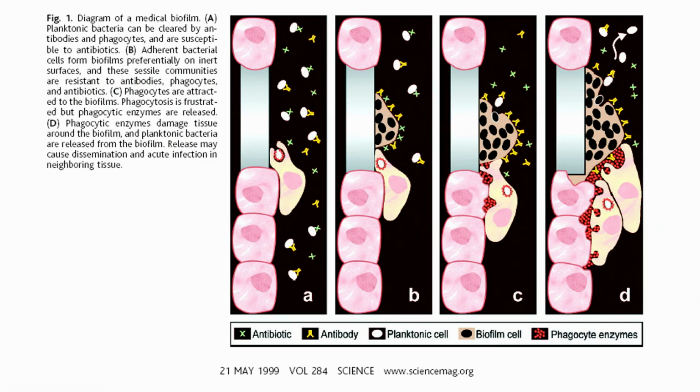Okay, so this is just a pictorial representation of how these biofilms, once they form, are able to tackle the immune system. Here is one example. Let us say this is your implant that you have put in, here is your healthy tissue, here is your implant. Now, let us say there is one bacteria here. So, if this is bacteria,